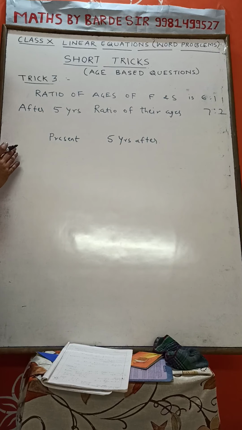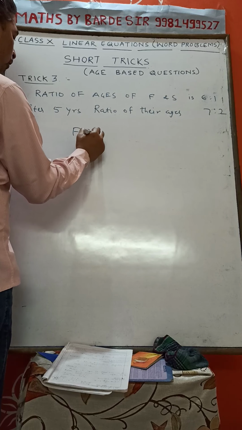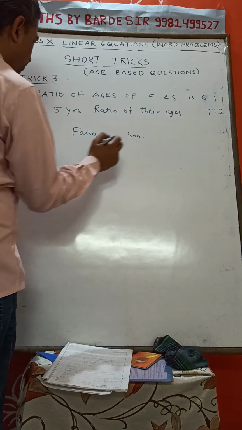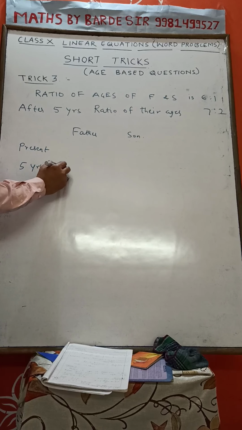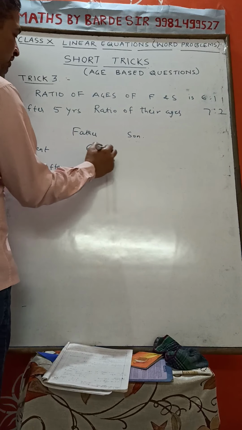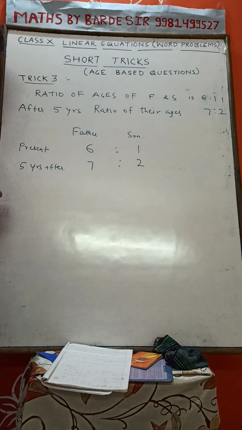So, father, son, present ages. 5 years after, the ratio is 6:1, and 5 years ago, 7:2. Now son's age